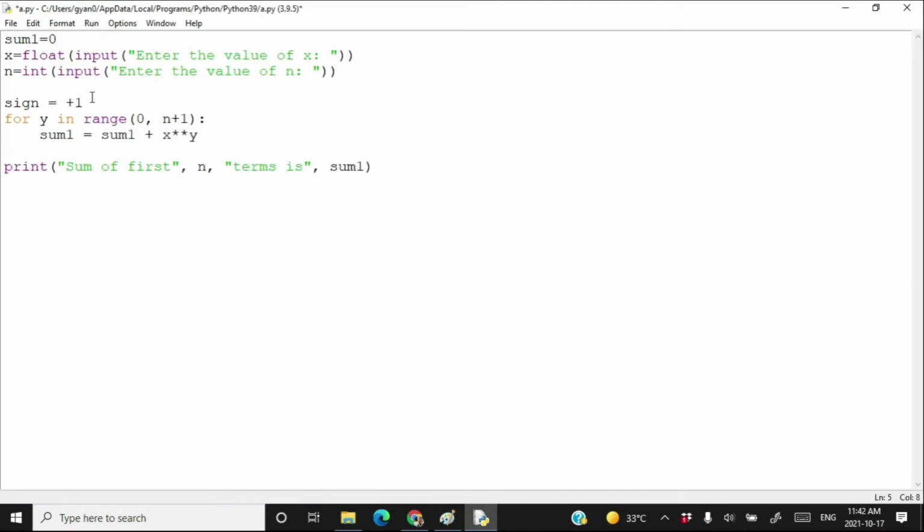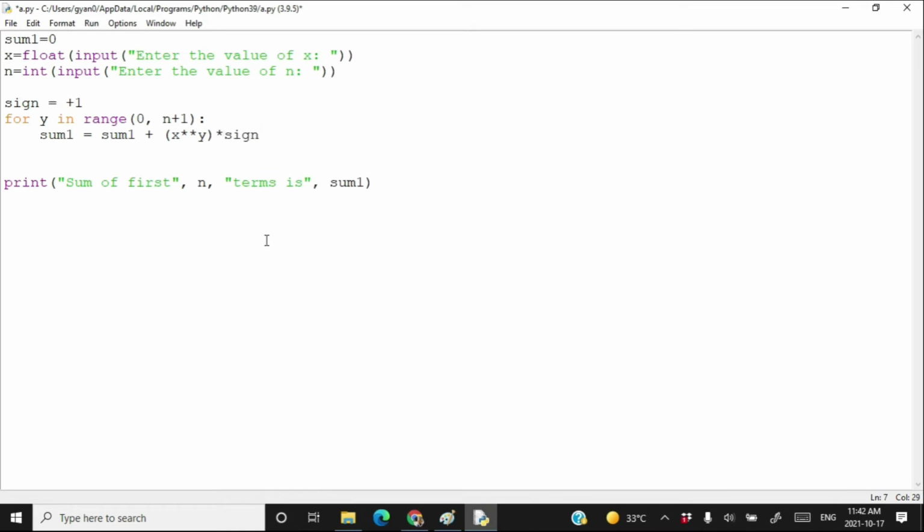This is the same code as before. The idea is that we are creating a new variable called sign, which initially contains plus 1. And whenever we calculate sum1, we actually multiply x to the power y with the sign.